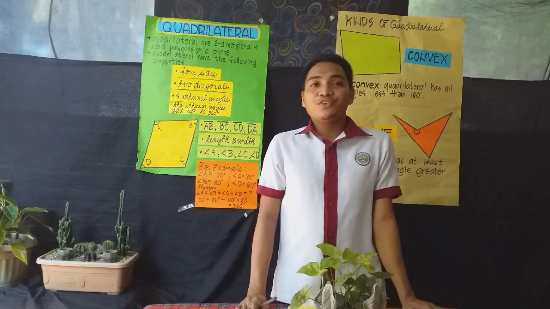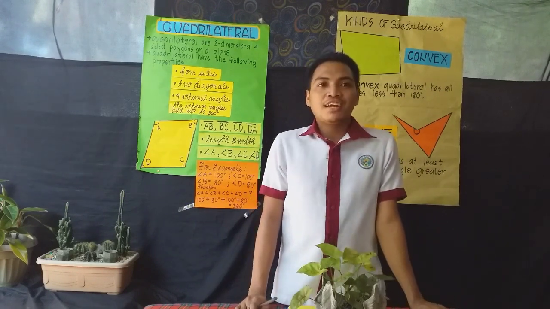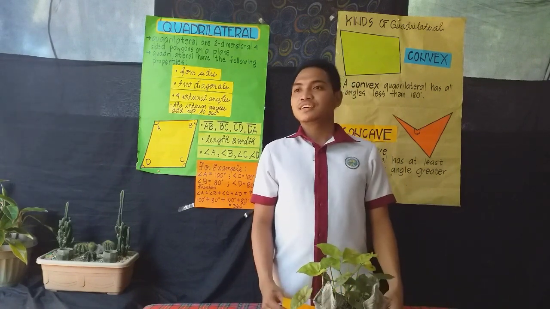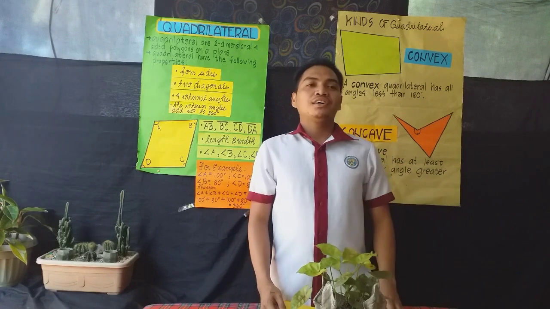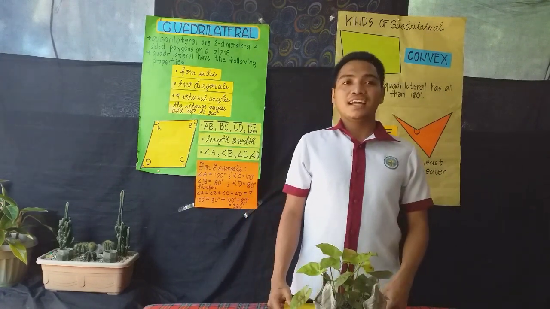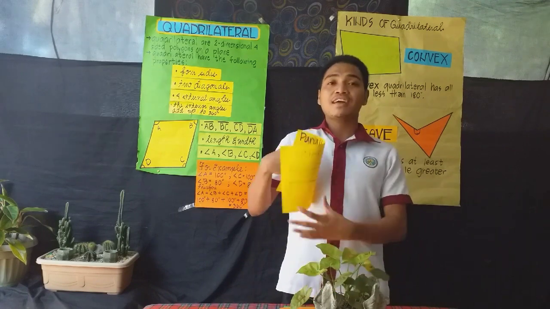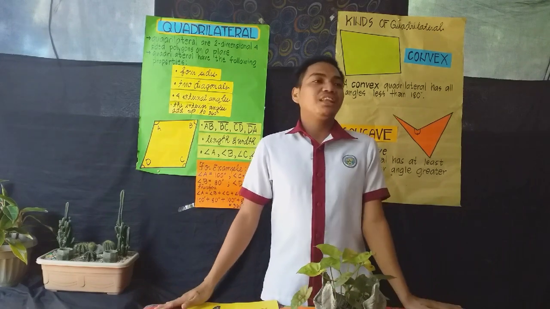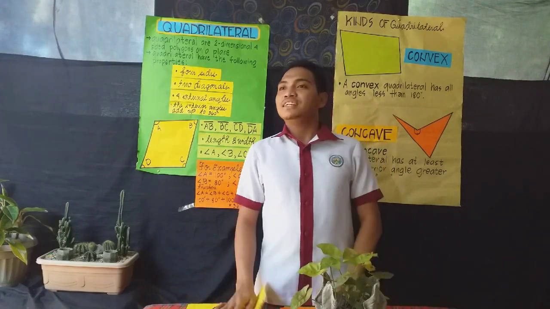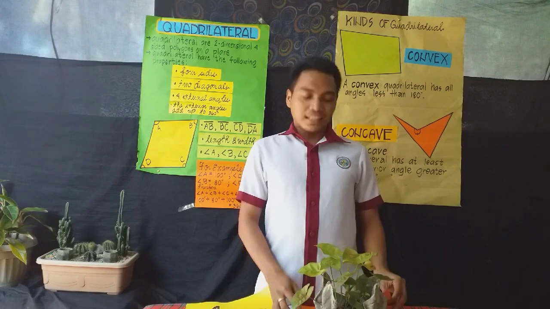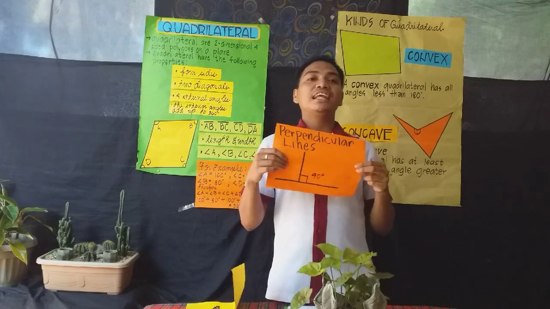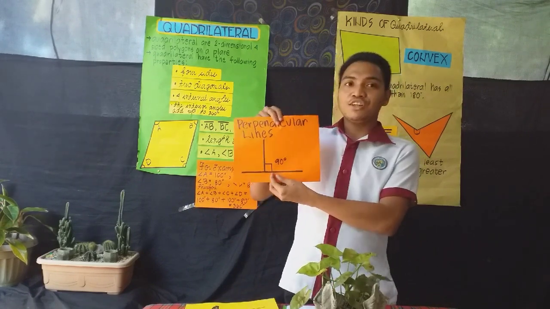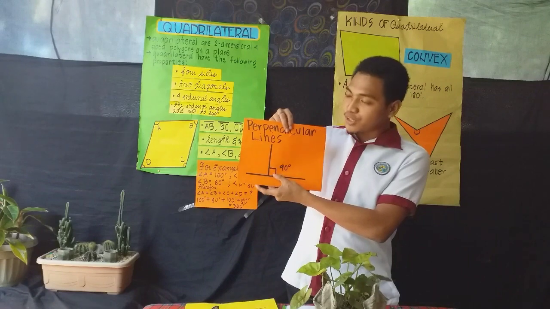It seems that you already know what parallel and perpendicular lines are. Now, who can give the definition of parallel lines? Okay, Matthew. Very good. Parallel lines are lines that do not meet or intersect. This is the representation of parallel lines. How about perpendicular lines? Let me see. Okay, Maria. That is correct. Perpendicular lines are lines that intersect and form a right angle. So this is the representation of perpendicular lines. So it forms a 90-degree